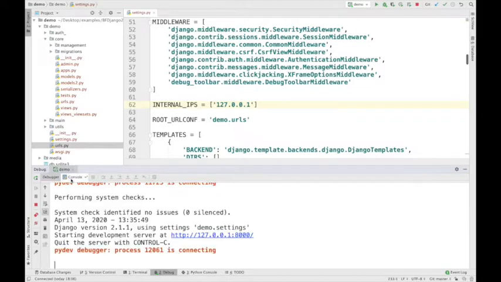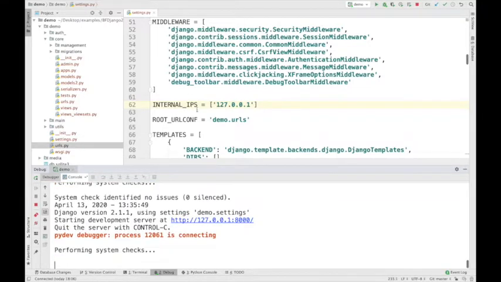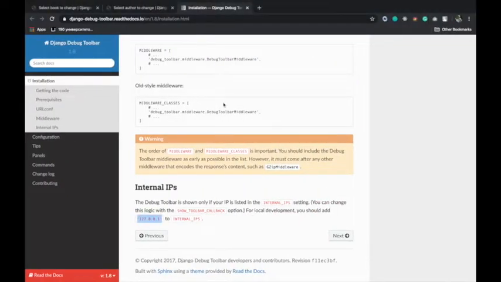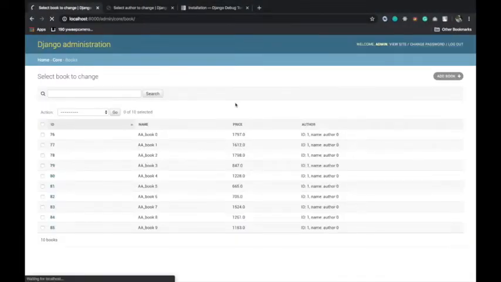If you restart your server after this configuration and installation of the library, and you try to open your admin page,